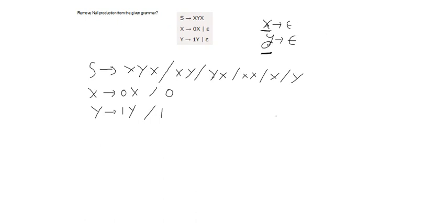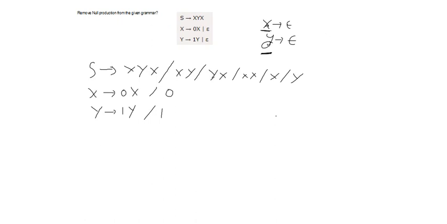Next, we removed null productions. In the given grammar, X implies null and Y implies epsilon are the null productions. To remove null production, we directly remove that particular production, X implies null and Y implies null. But we must avoid the effect on the result when producing strings from the grammar. The null generators here are X and Y.